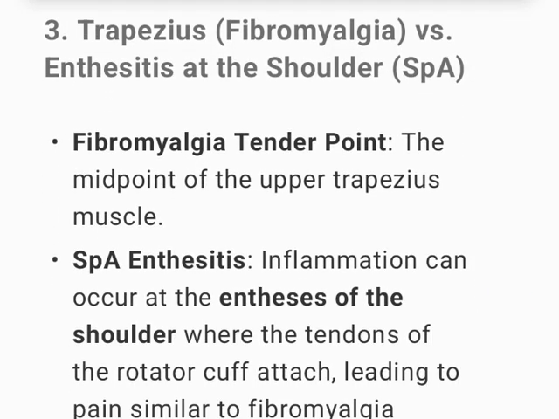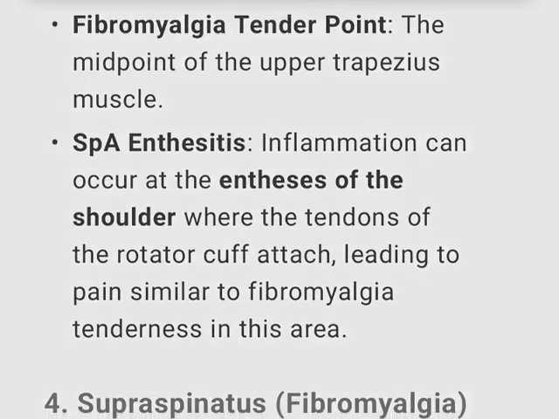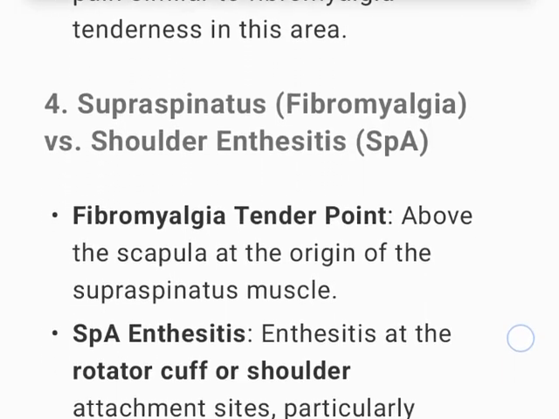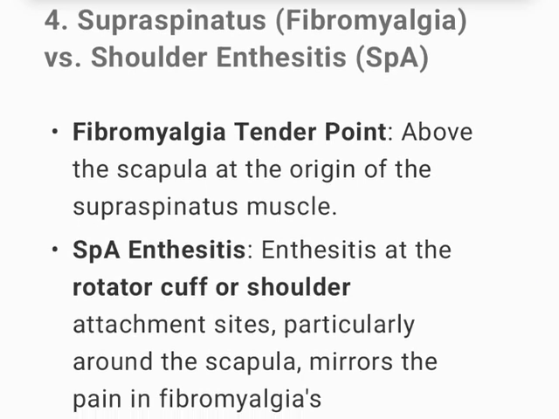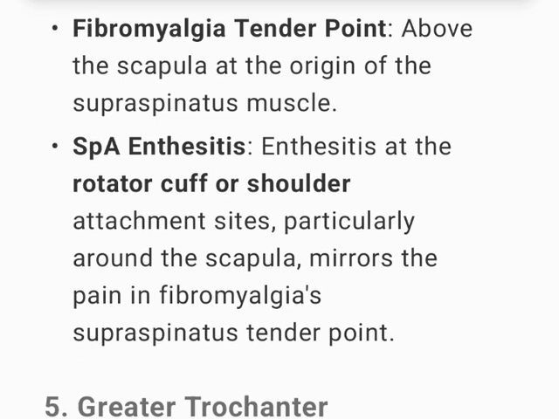3. Trapezius, fibromyalgia versus enthesitis at the shoulder in SpA. Fibromyalgia tender point, the midpoint of the upper trapezius muscle. SpA enthesitis: inflammation can occur at the entheses of the shoulder where the tendons of the rotator cuff attach, leading to pain similar to fibromyalgia tenderness in this area. 4. Supraspinatus, fibromyalgia versus shoulder enthesitis. Fibromyalgia tender point, above the scapula at the origin of the supraspinatus muscle. SpA enthesitis: enthesitis at the rotator cuff or shoulder attachment sites, particularly around the scapula, mirrors the pain in fibromyalgia's